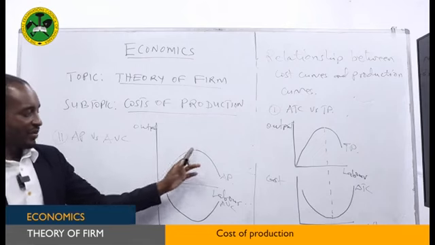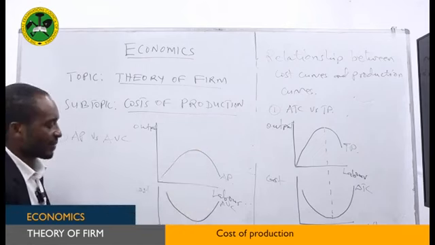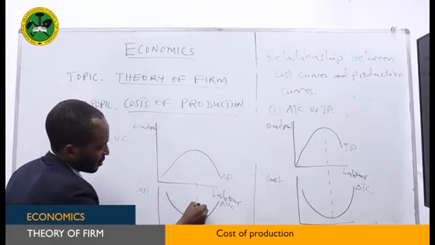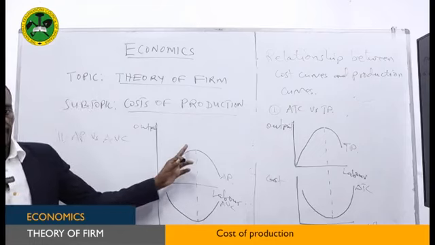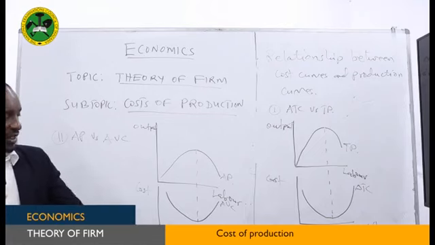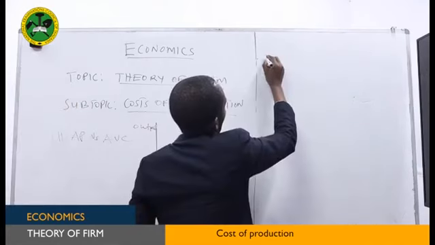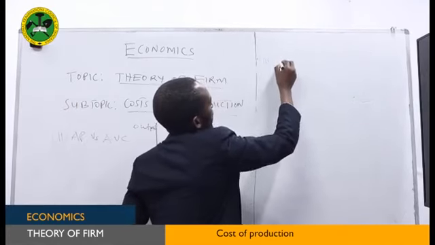When this reaches maximum, this reaches minimum. When this declines, this increases. So the relation will be this way. So when the average product is at a maximum, average cost will be at a minimum. Then the third case is the marginal product